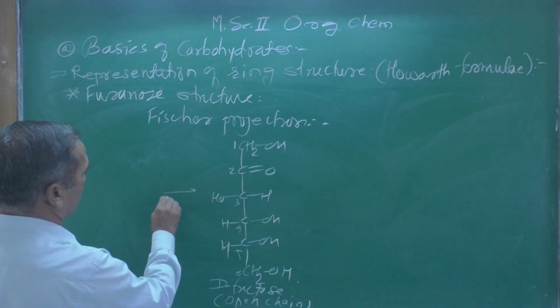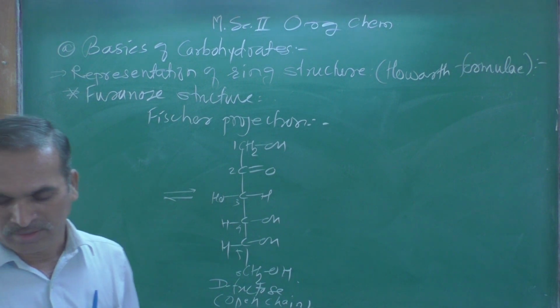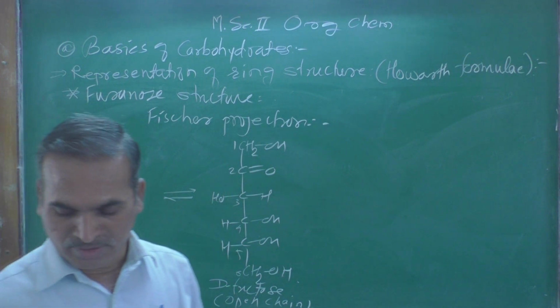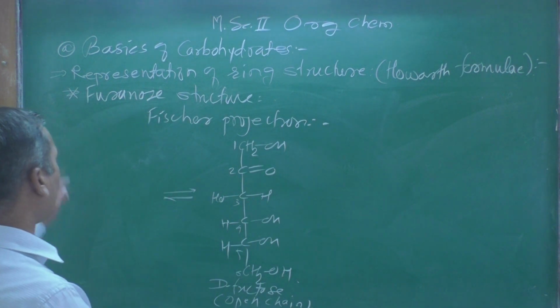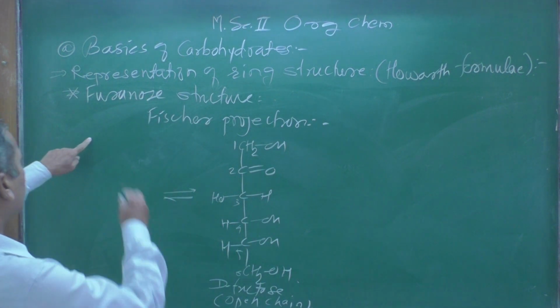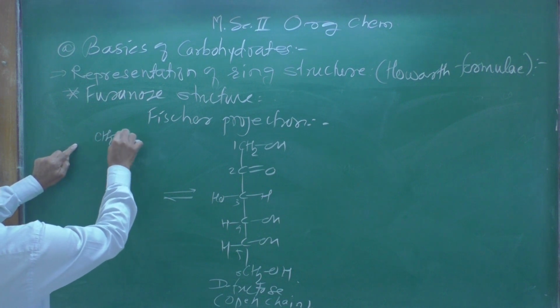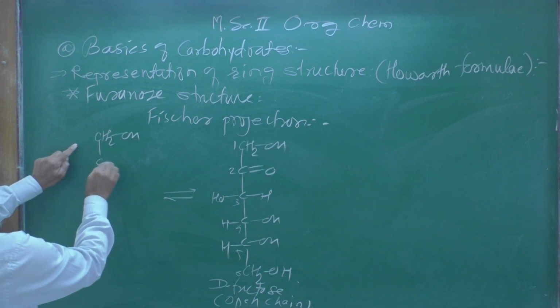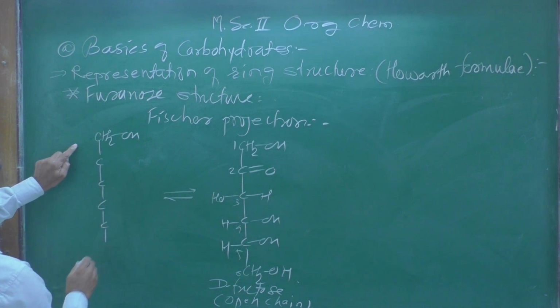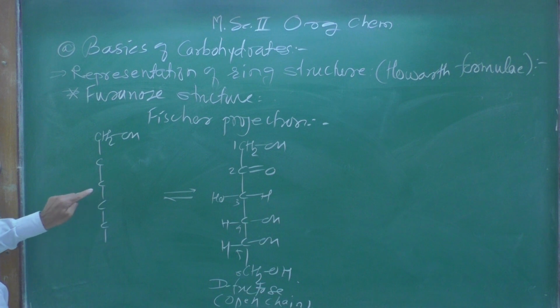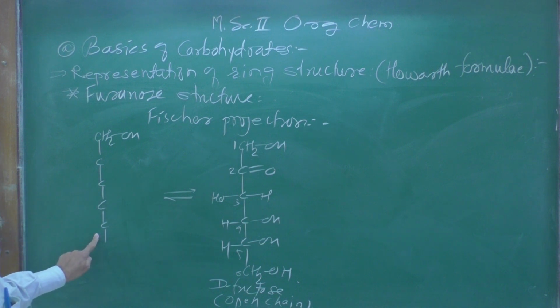Now at equilibrium, it is going to form the ring. When it forms the ring, it looks like this. Here CH2OH remains as it is, 1, 2, 3, 4, 5, and last